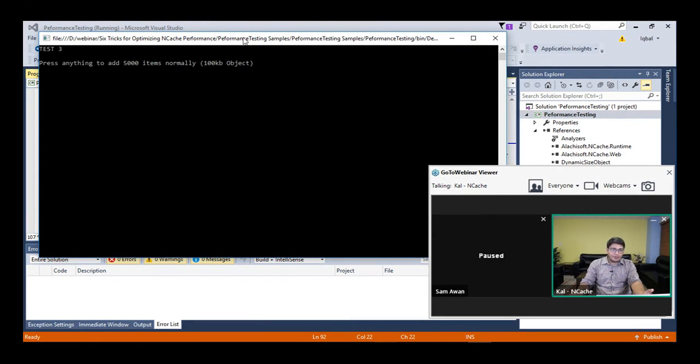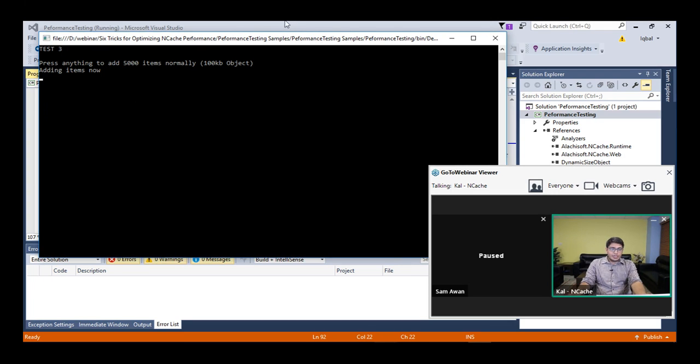So it's adding 5,000 items of size 100 KB into the cache, and it's doing that normally. By normally here, I mean just a simple insert, and then it's removing those items, again as part of a loop. Using this, we're going to see how much time it takes for this part, and afterwards we're going to be using the async calls for additions, for async inserts, and then for removing them.